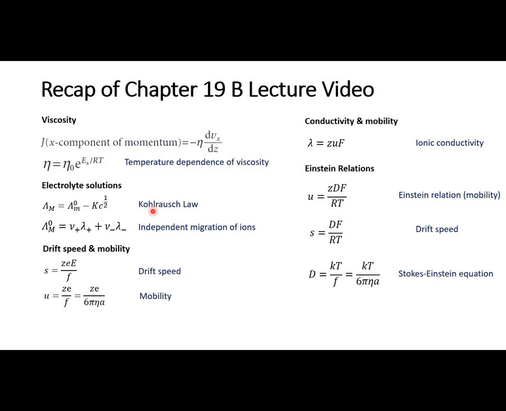And we also looked at the movements of ions in an electrolyte solution. So we applied the phenomenological equations not only to neutral species, but also to the ionic species. In that respect, we also discussed a law called independent migration of ions. Further, we derived a few equations to calculate the drift speed and mobilities of ions and how they are related